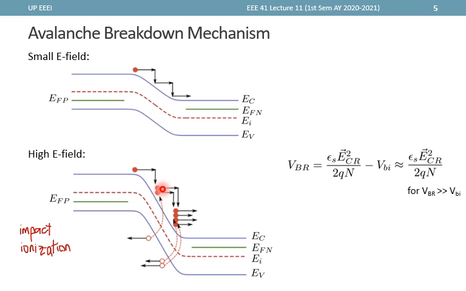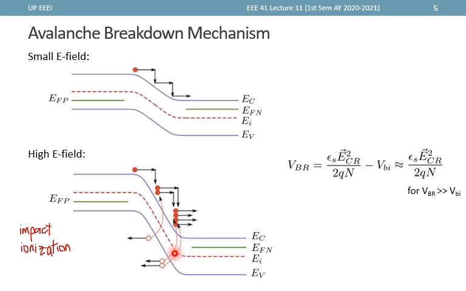So now we have two electrons here that still get accelerated by the strong electric field, and when both of them bump, we get two more new electrons that get accelerated, and so the process continues, and that's why we call it avalanche breakdown. This is actually a continuous and amplified series of impact ionization generation of carriers